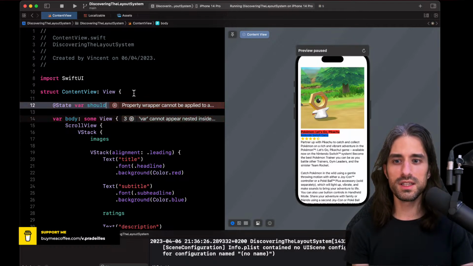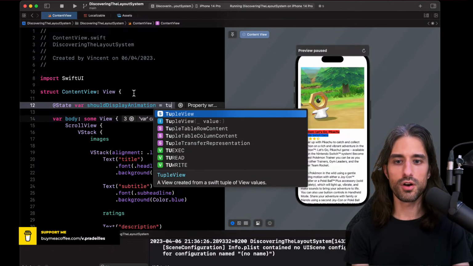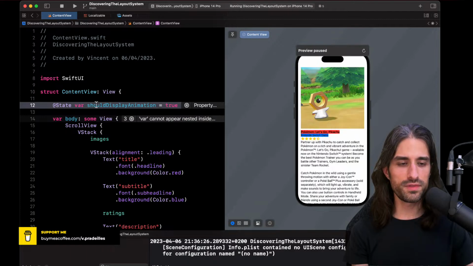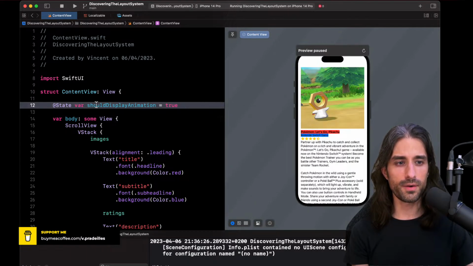So we have a property shouldDisplayAnimation, which is going to have a default value of true. And so with this code, we have something that is only available at the view level.